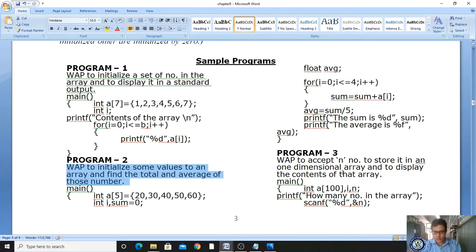Write a program to accept n numbers, store them in a one dimensional array, and display the content of the array. So now this is an interactive method. What is it? It is an interactive method. Okay, for doing this I'm just copying. We have to read the value. We are not supposed to initialize like this. Now it has to ask and we have to enter. We have to read the value from the keyboard and store it and display it. Okay, that is the concept.